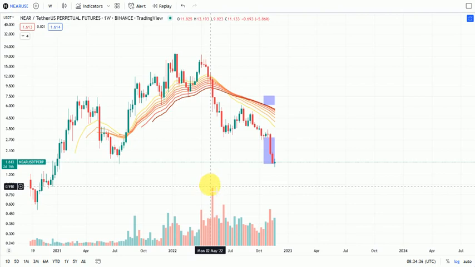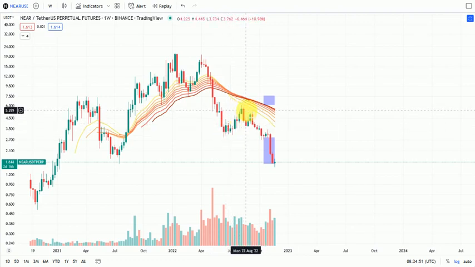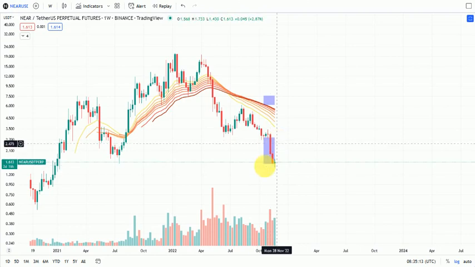As we always see, every time price moves to a support level, we usually get attracted to the EMA ribbons, and the same thing happened here. We pushed downwards and found support at our liquidity zone. Everywhere you see blue on the chart is a liquidity zone, and a liquidity zone can act as either support or resistance. Right now we have this as support. NEAR held support, and we probably should be moving upwards in the next few days